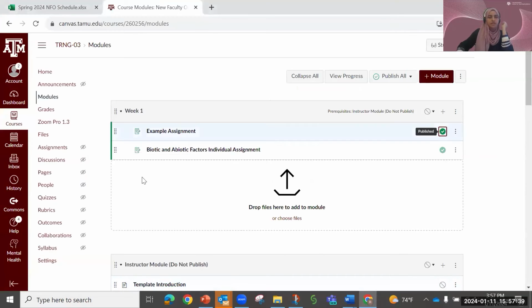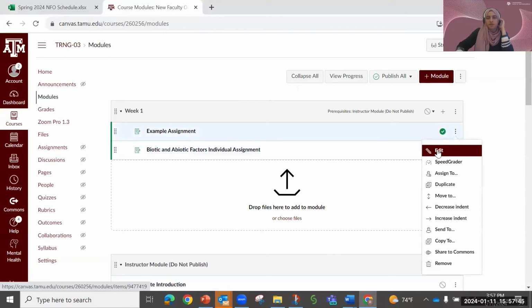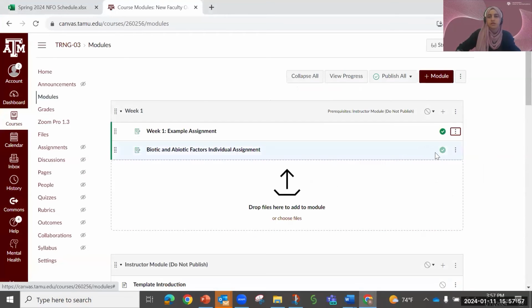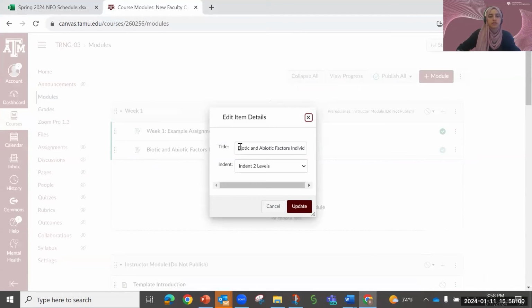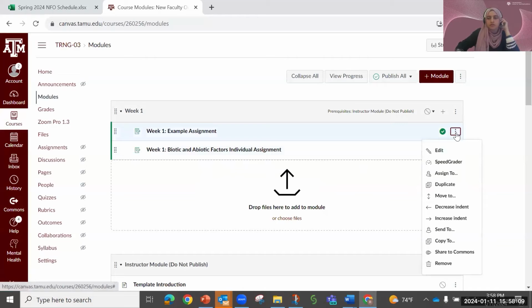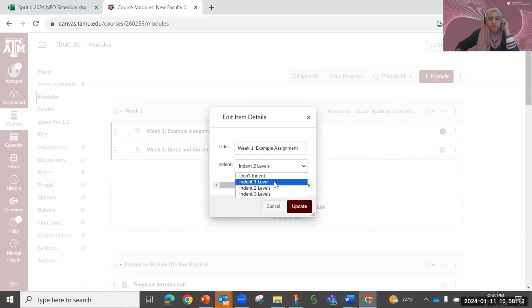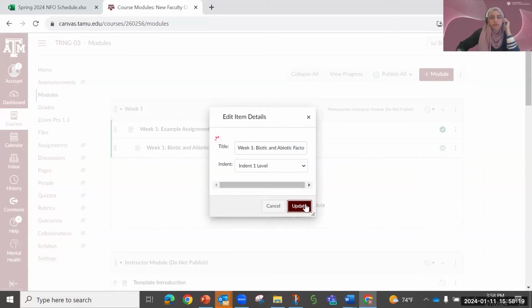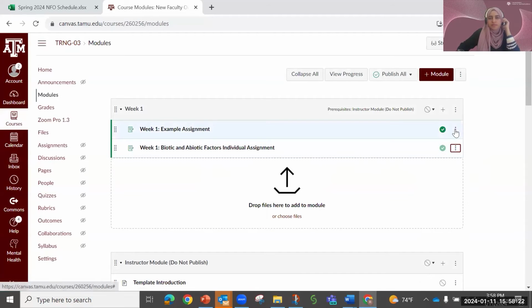So back to that course, a good example would be, and I really did like the example we saw, was how Randy had them by week. So you can do like week 1, example assignment, and then the indentation is still there. And then here, just kind of adding those numbers to it. And I'm actually going to change the indentation just because I do want you to see how that looks. So let me change it back and then add another one with the level 2 so you see how it looks. So maybe week 1 example assignment,